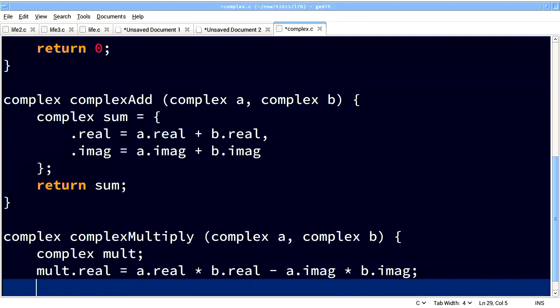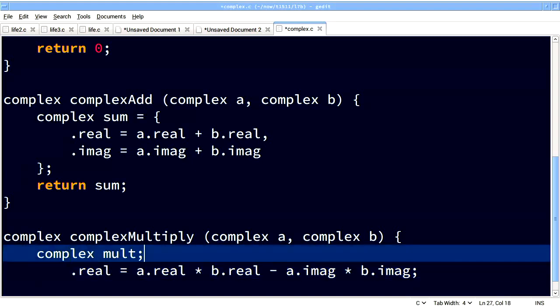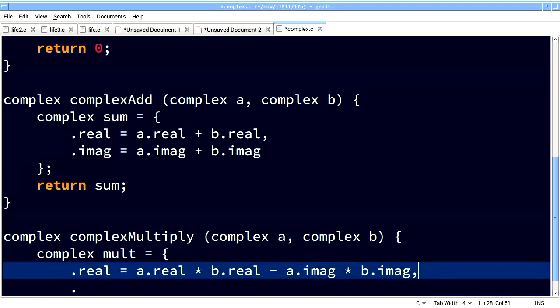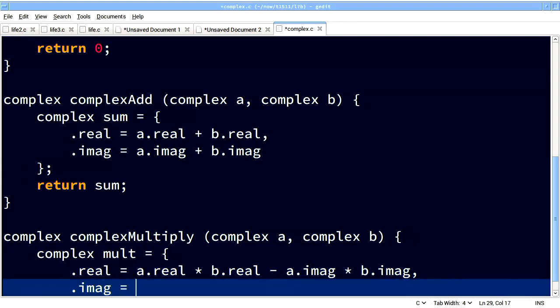Let's use our other syntax as well while we're here. So our real part is that. Our imaginary part is a little bit more complex. It's B real times A imaginary plus,